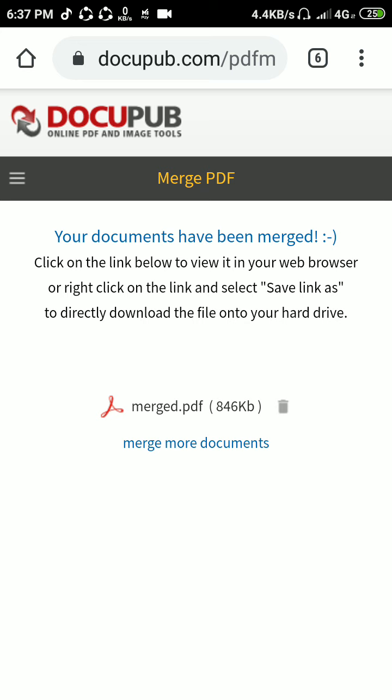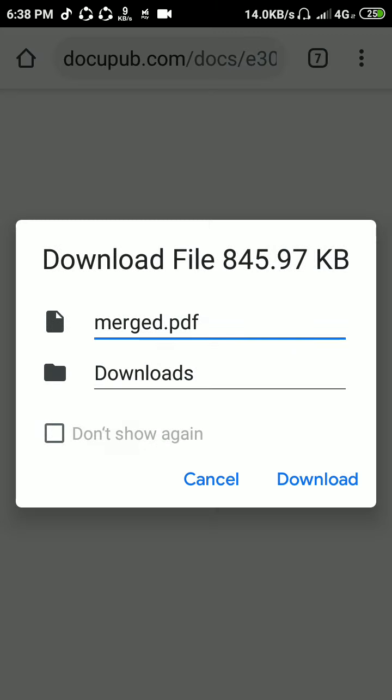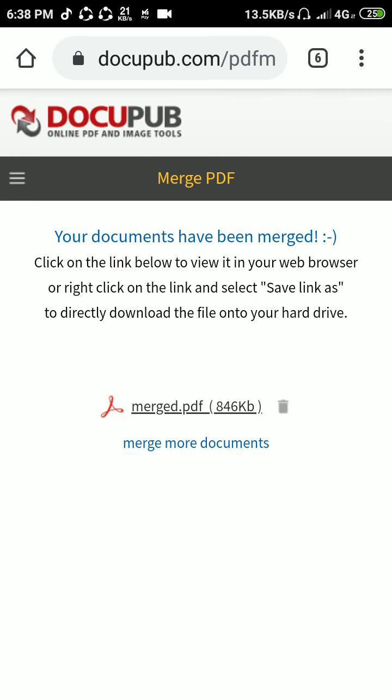Which is by the name of merge PDF. Just click on that name. Your PDF file appears on your screen or downloads in the download folder.